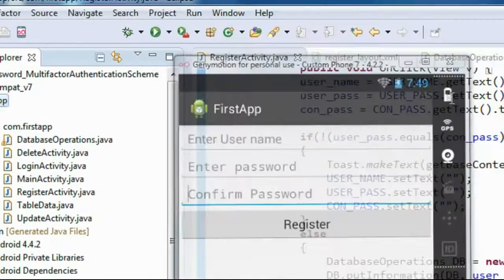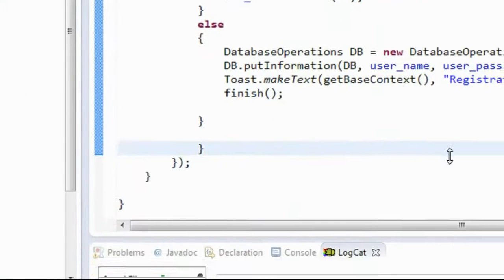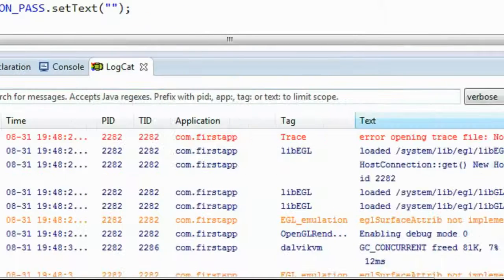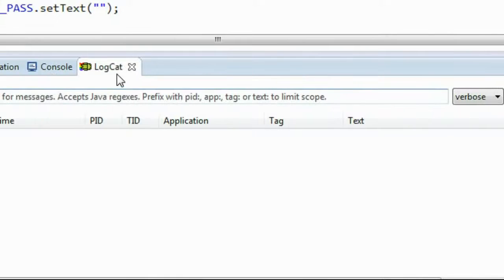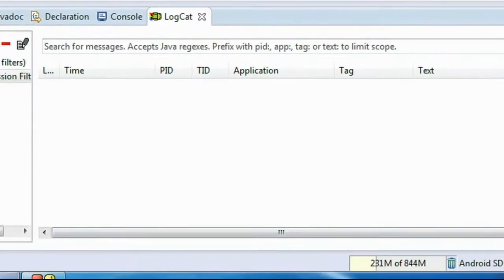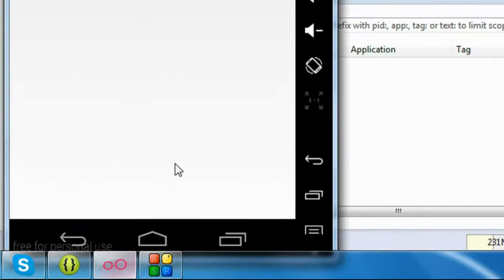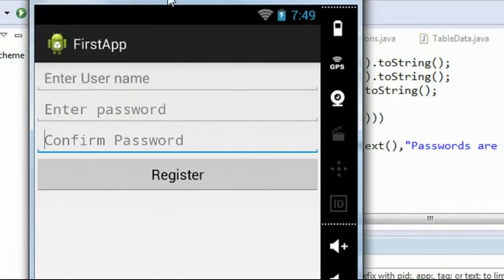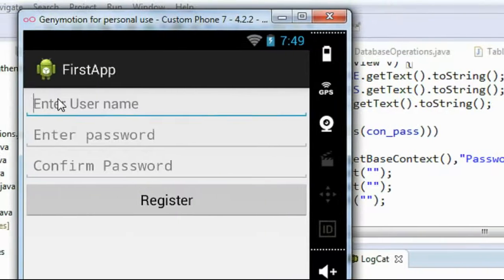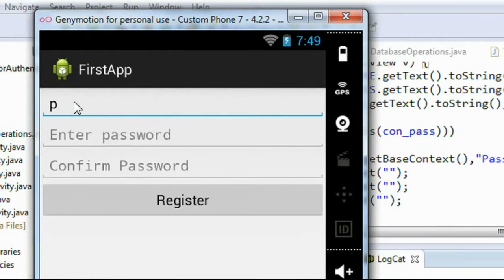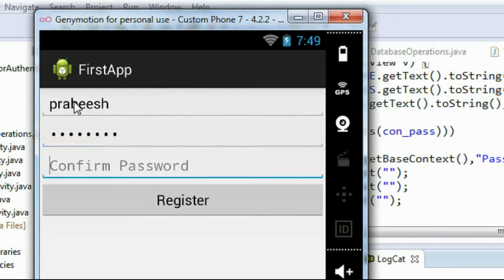Okay, now we have to check the database operation status. So first I have to clear the logcat window. We can check our database status on this window. So I just reset all the values available on the logcat. Now here again I put information. I just put my name. Now provide a password, and now I put the correct password,